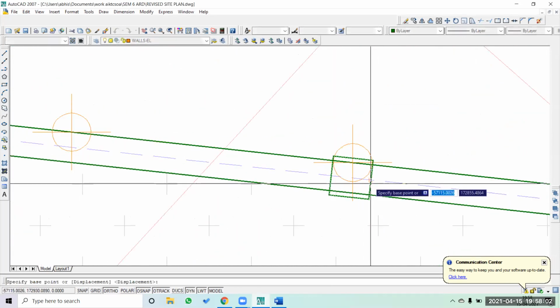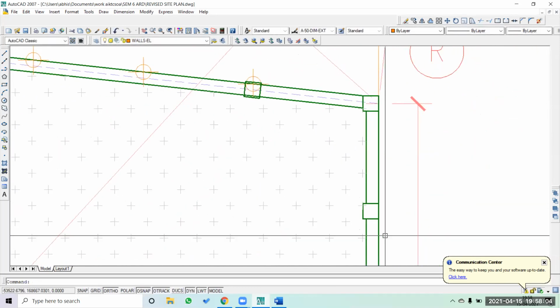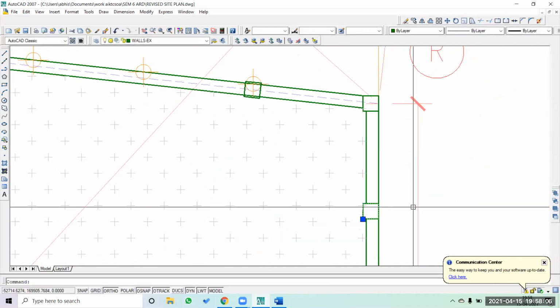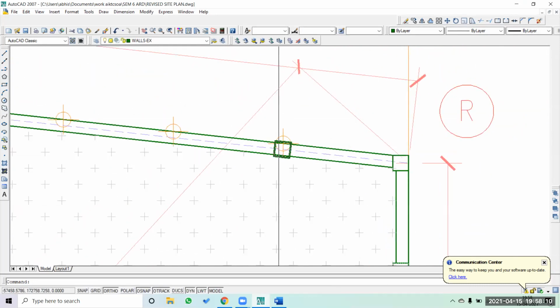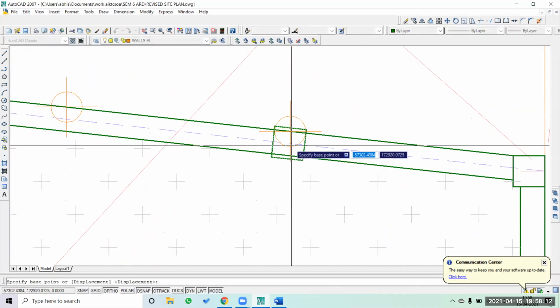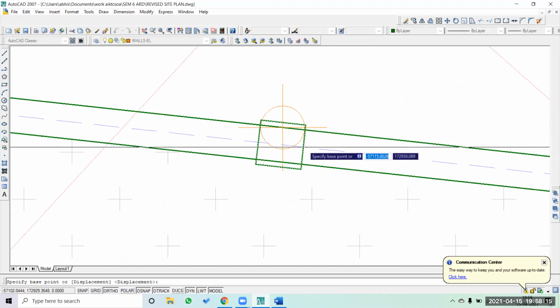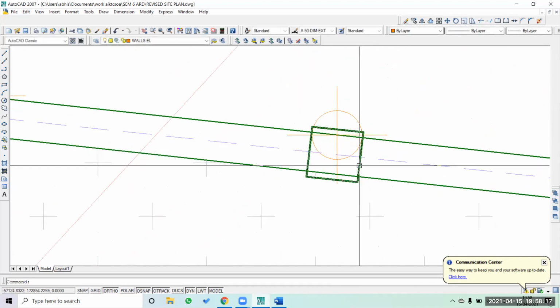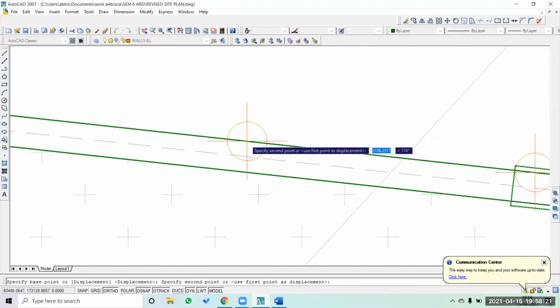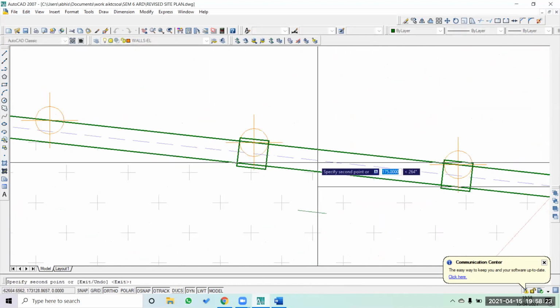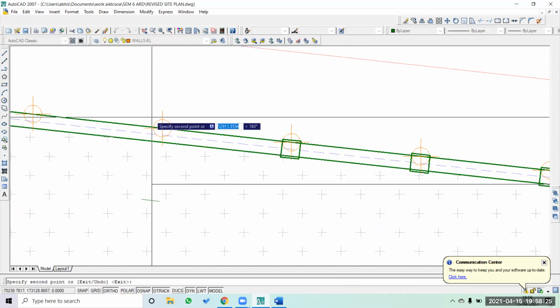So now I copy paste it like this. There is a difference between this pier which doesn't go on the road, and this particular pier where we are sharing the compound wall, which has a particular position. Very important for us to understand this. Then select this particular point and simply start copy pasting it.